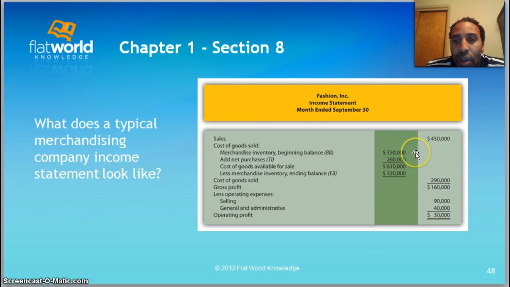So merchandise inventory, you had $350,000 worth of inventory. You added net purchases, so you purchased $260,000 more worth of inventory. Those two numbers combined is $610,000, which is your cost of goods available for sale. We can sell $610,000 worth of stuff. Less merchandise inventory ending balance. We ended with a balance of $320,000, right? So our cost of goods sold is $290,000. Our sales minus our cost of goods sold, our gross profit, is $160,000. But then